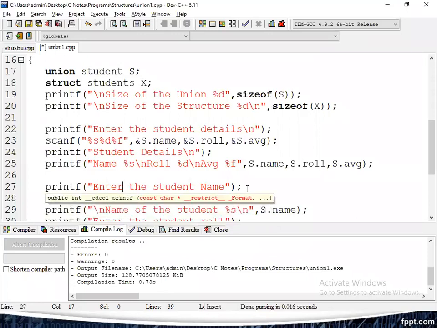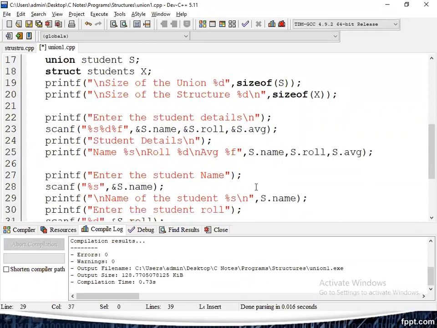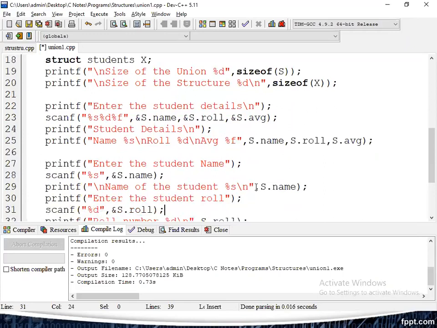First, enter the name. Out of the 20 bytes of the memory location, the first field, the name, is there. So the 20 bytes of memory location is utilized by name. From now we can store the name and print the name. Next time, roll number. The same 20 bytes of memory location allocated by the union is now replaced by roll number.